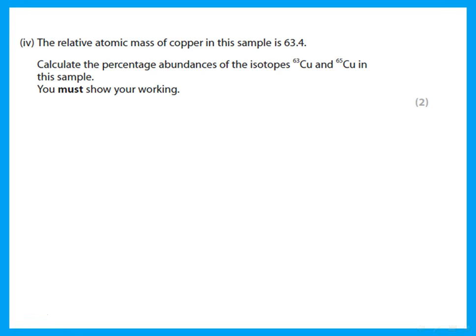So here he's given me the overall atomic mass and he wants the abundance of each one. Well, you should realize that to get the atomic mass of the overall, what he did was he multiplied the mass of one times its abundance plus the mass of the other times its abundance. Now we can write an equation like this in which we say the abundance of copper 63 is x, the abundance of copper 65 is 1 minus x, and then at the end I should multiply by 100 to get